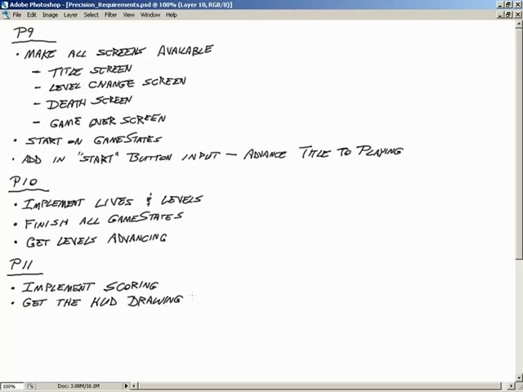Okay, so at this point, we do indeed have a fully functioning game. All game states are working right. The player is working right. The cells are working right. The enemies are working right. We have a score. Our lives are diminishing. The game can end. We can restart the game. Everything's in place. With that, this is going to allow us to move into the last 2 parts, which is